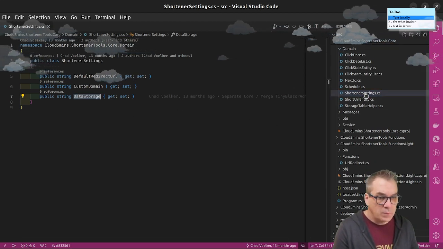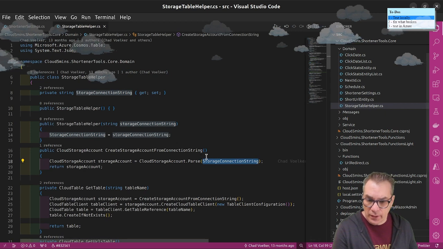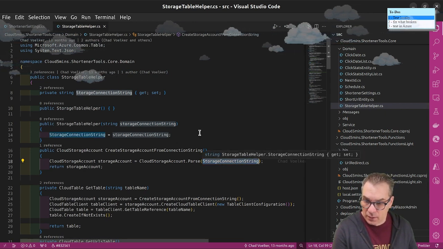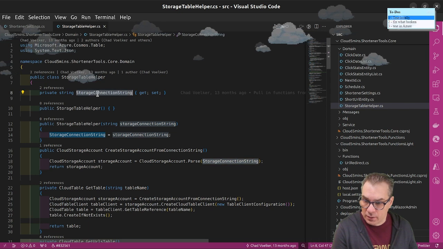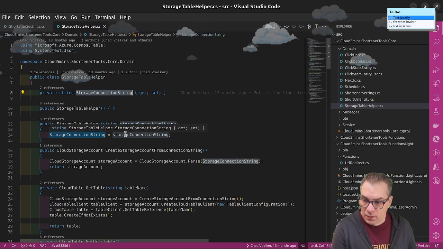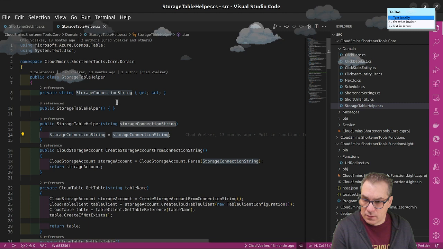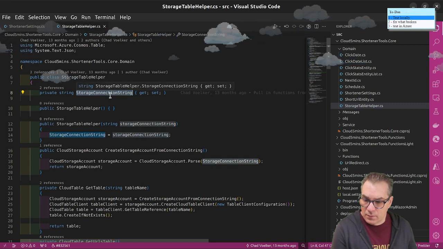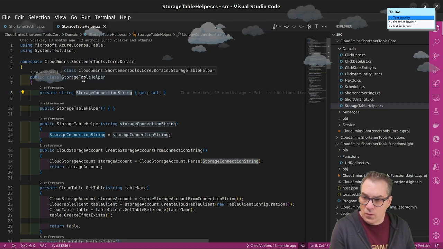So let's keep this open. Keep this. So here it says parse connection string. Connection string. So from this,